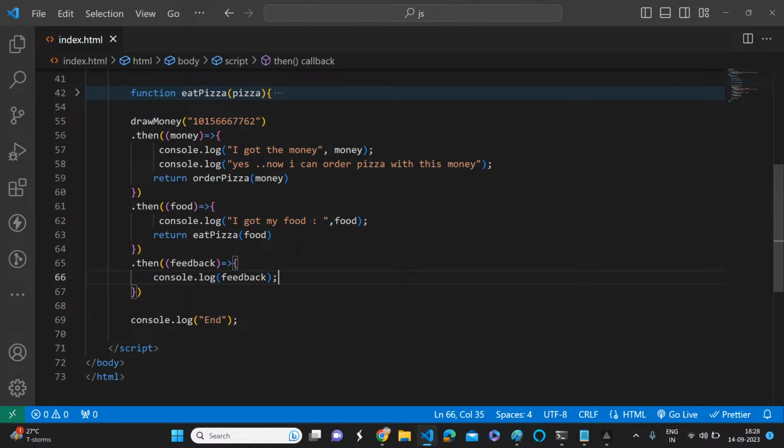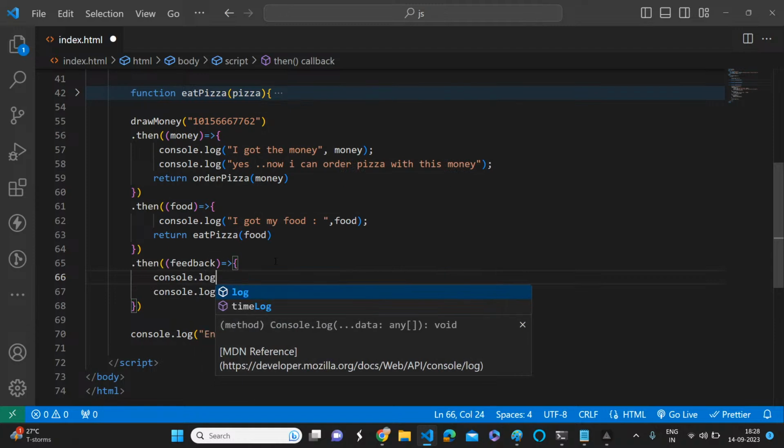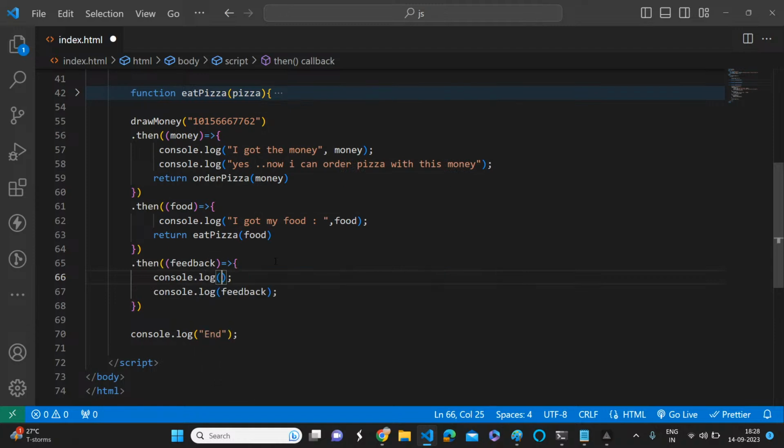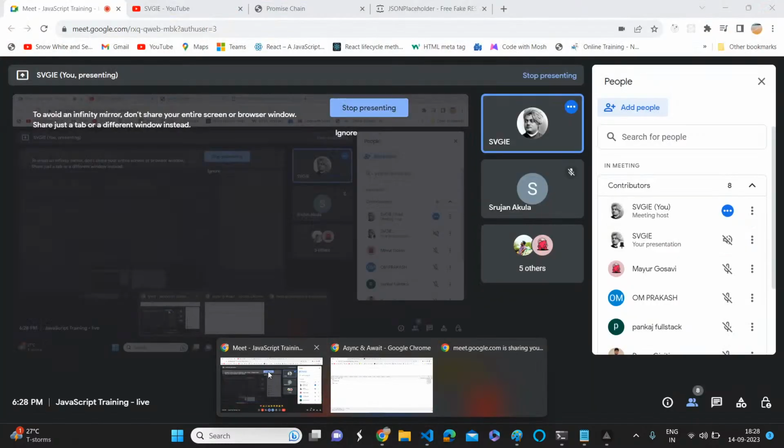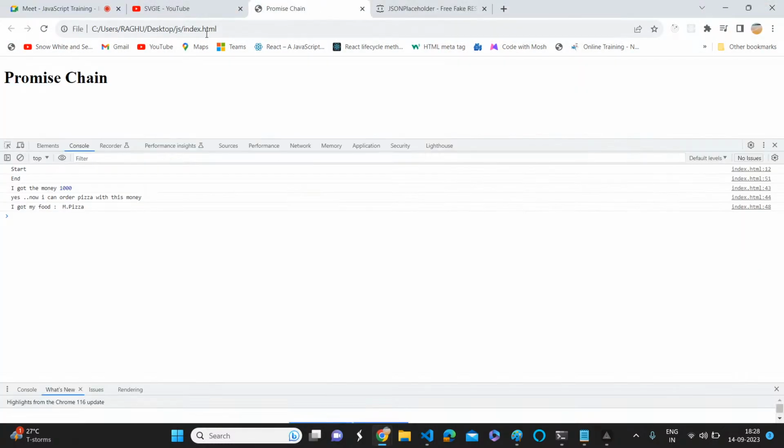Here you can say console.log, I'm having my pizza. How many of you are confident that you are going to get good feedback on this pizza? Let's see.